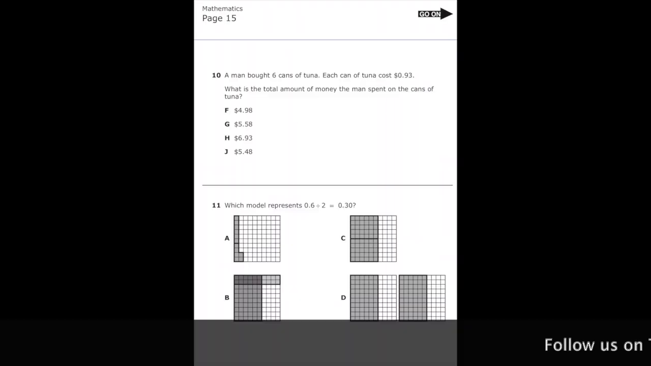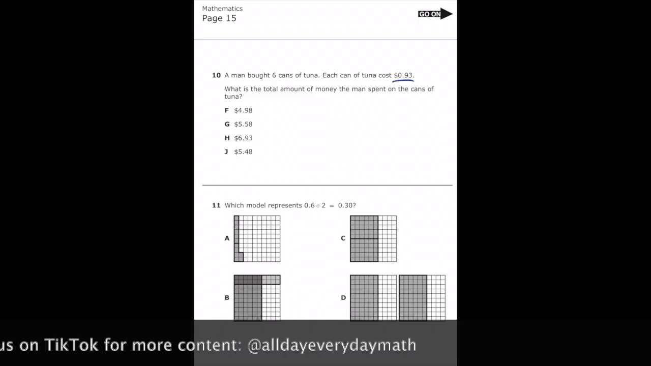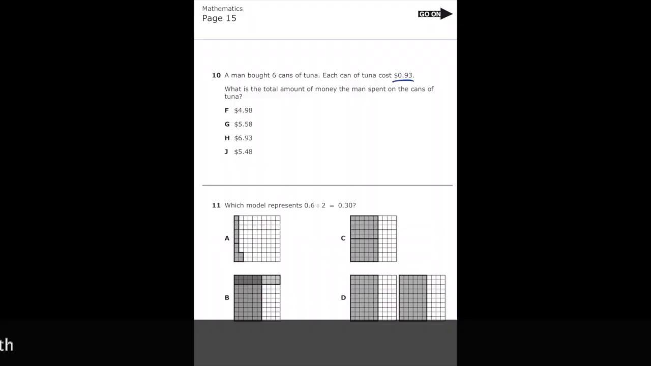Number 10, a man bought 6 cans of tuna. Each can of tuna cost 93 cents. What is the total amount of money the man spent on the cans of tuna? So 6 cans of tuna, each one is 93 cents. So we're going to multiply